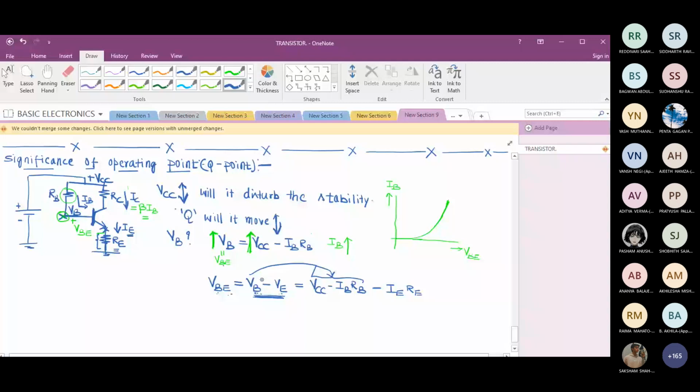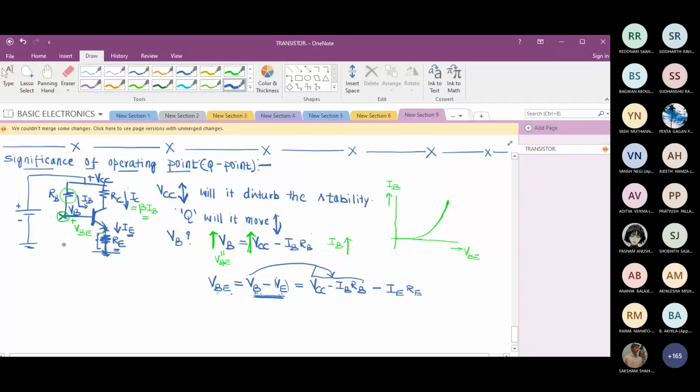What is the VE part? What is the voltage at the emitter with respect to ground? If I ask you what is the voltage at the emitter with respect to ground, is it 0? Why is it 0? Because we have done ground earthing. Earlier, this emitter was connected to ground, meaning the emitter was sitting at 0 potential. Now, is the emitter connected to ground? No, there is a resistance RE. Now I have connected resistance RE. I have modified the circuit.